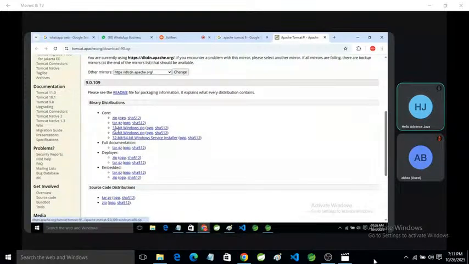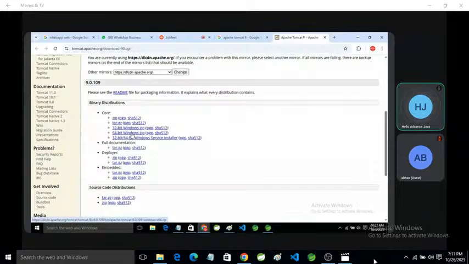There is a 32-bit Windows option. If your system is a 32-bit platform, you can use 32-bit. If you are 64-bit, you can click on 64-bit. And if you want to use an installer, you can. But currently I'm using the 64-bit zip file.